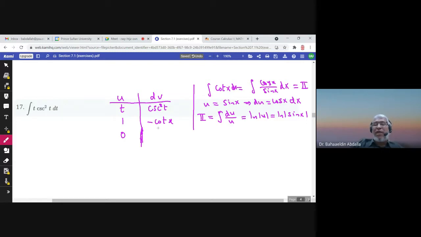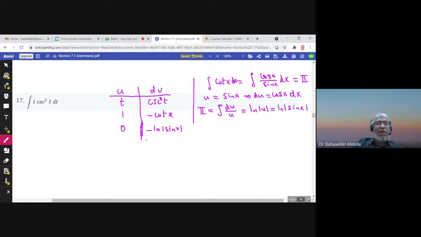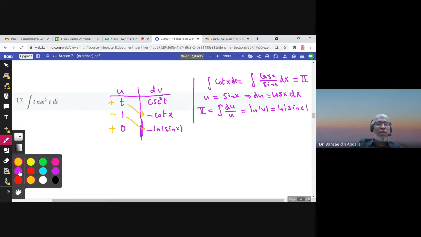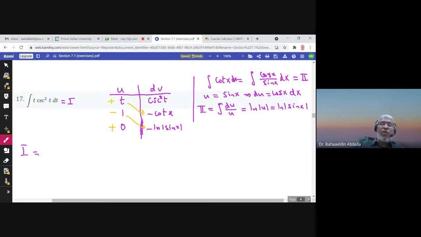So the integral of negative cotan would be negative ln absolute value of sine x. All right. So now I write plus minus plus, and I multiply these two. And this will give me this integral, which is I. So I would be equal to